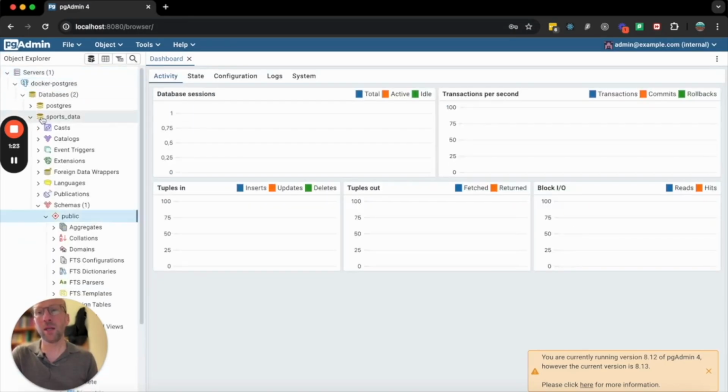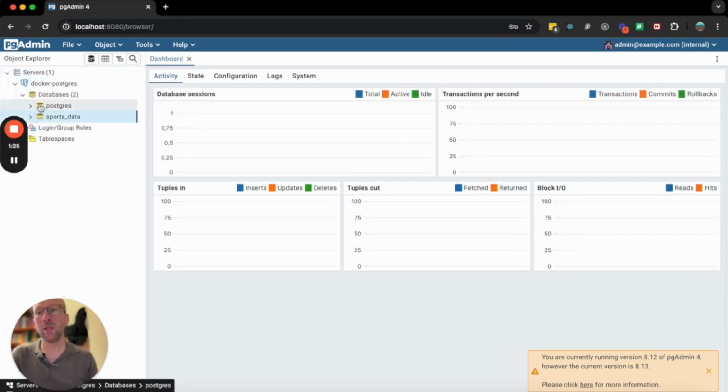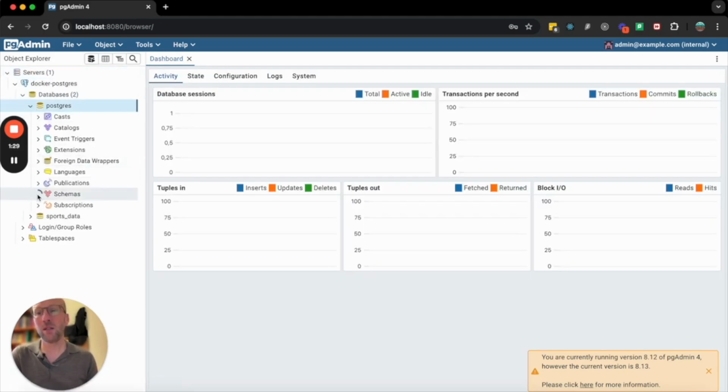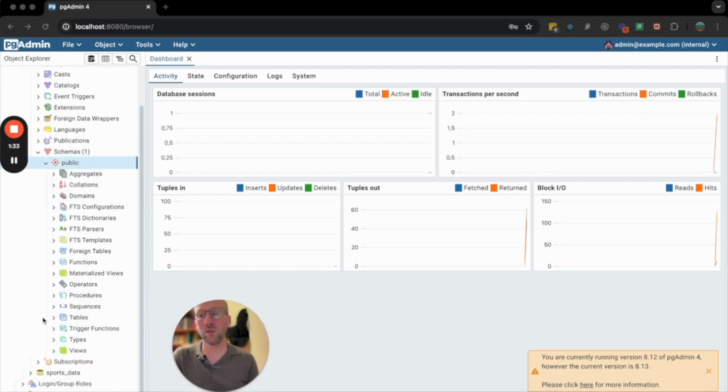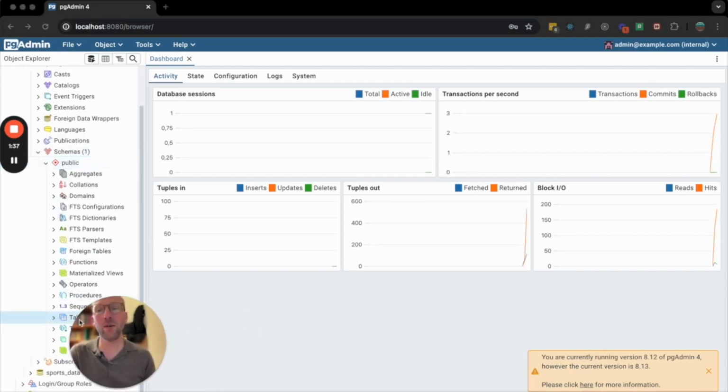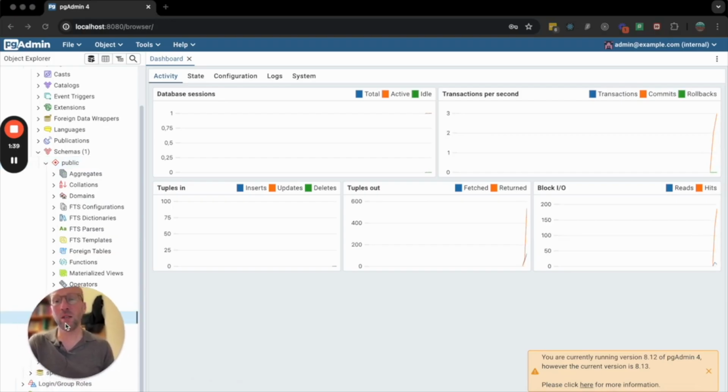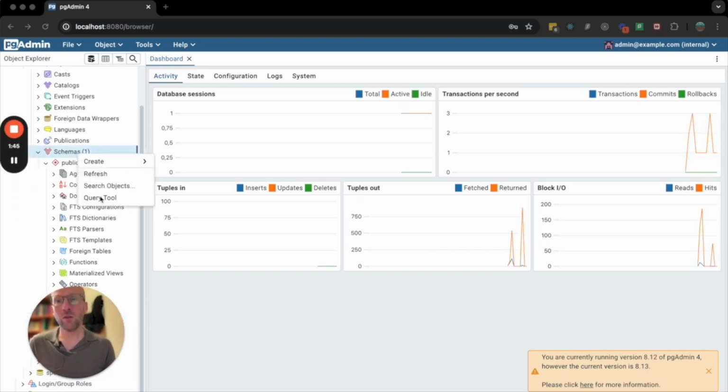Then I've got my database here, and let's see at the moment if I have any tables in here. Okay, so these are empty right now. Let's create a few tables. So we're going to query tool,